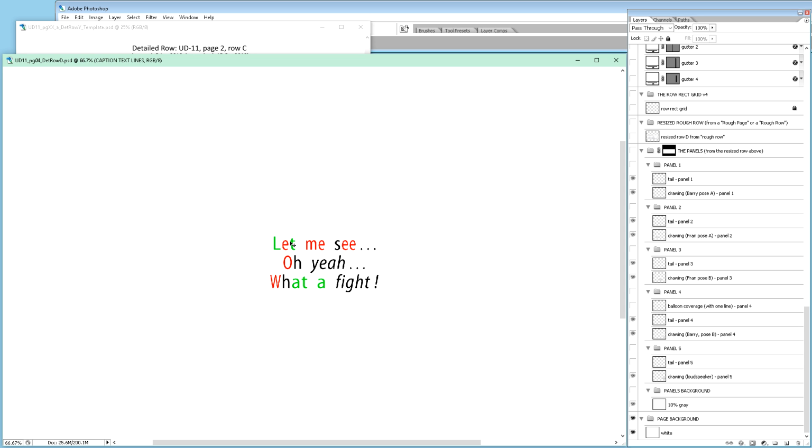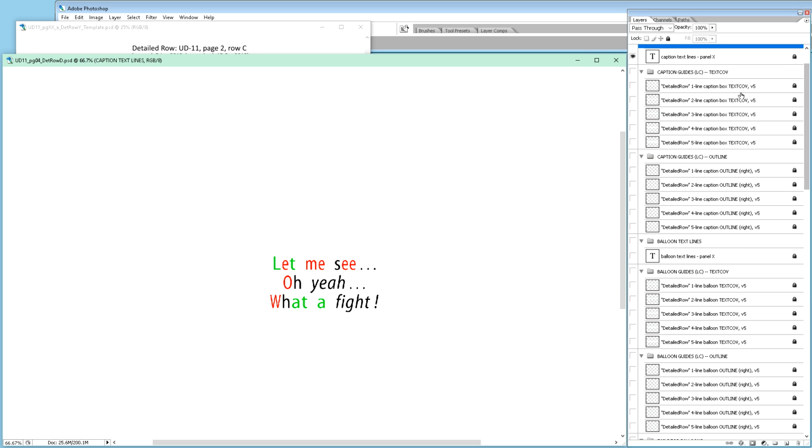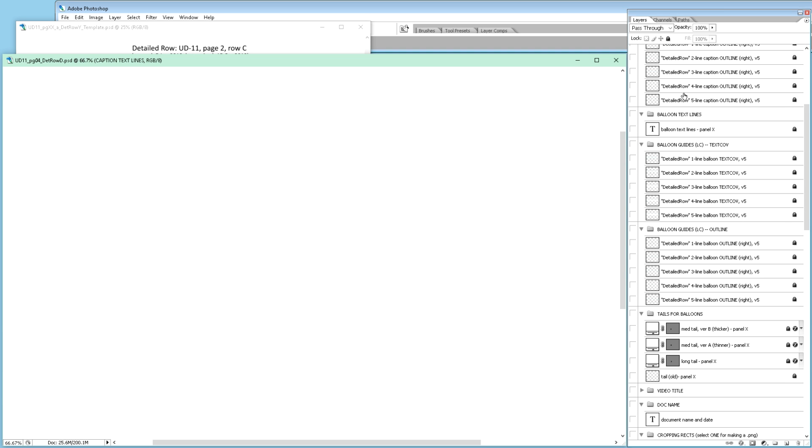So as you can see here, I'm only using the Roman variant here, and then I use italics in 2 places here, but depending on the text, I can just quickly copy the format and then just type in whatever letters I want. Alright, so that's one thing. And then what else do we have? We have caption guides. We don't have any captions in this row, but we do have